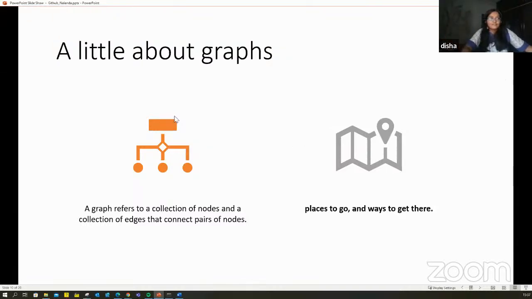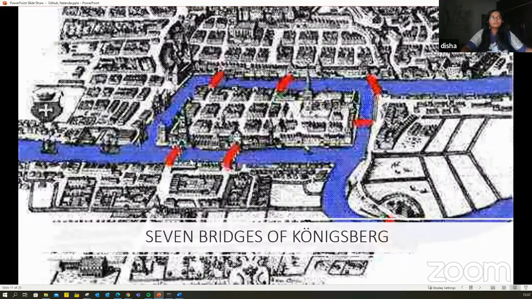Suppose I am at place A and I want to reach place C. I have to traverse like this. So the question is how do I reach place C if I'm at place A. Nodes can be your places, and ways to get there can be your edges that are defined in a graph.